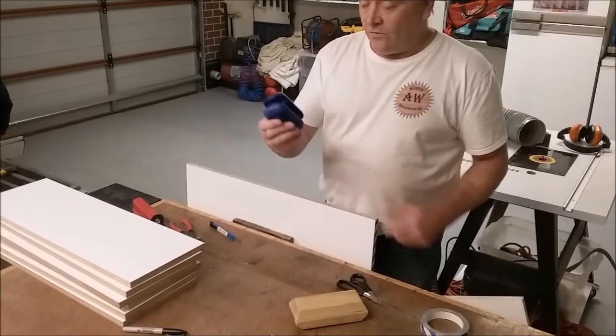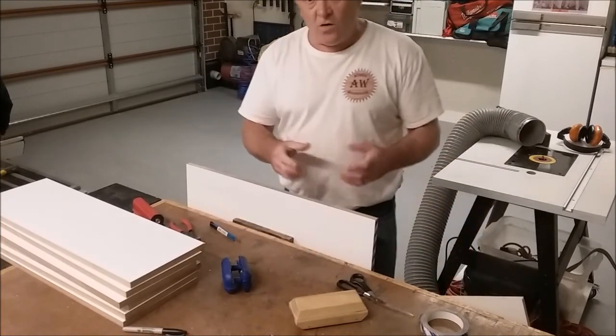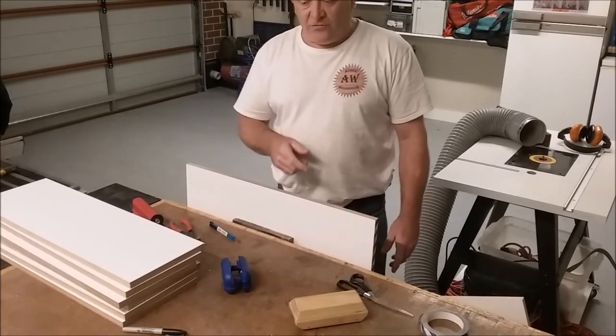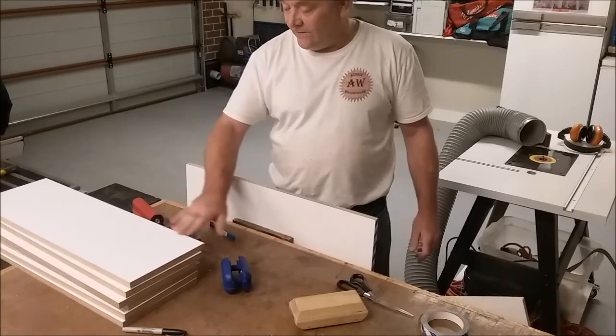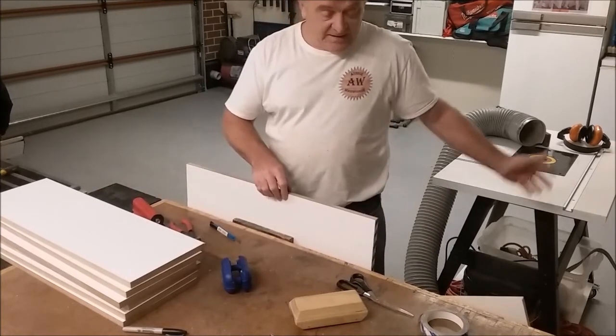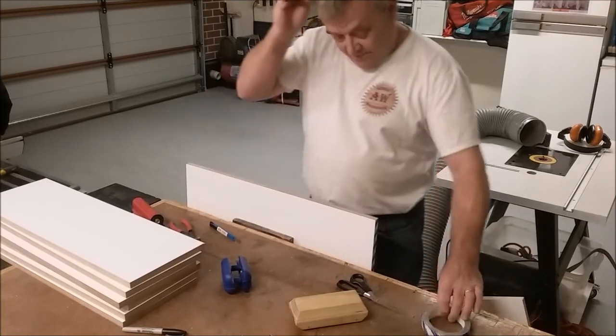Can use a quad trimmer if you've got one. Very difficult to use with the PVC because it's so strong. Very hard to trim off. Otherwise, can use a sharp chisel, run along the face of the panel there to trim it off. But I prefer to use the flush trim bit. So basically,